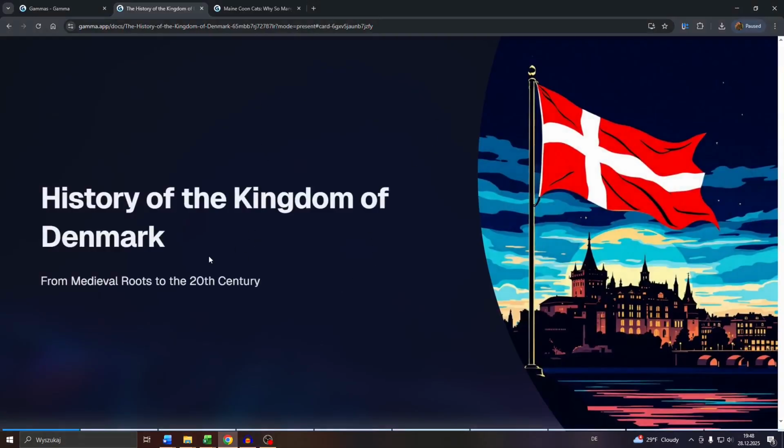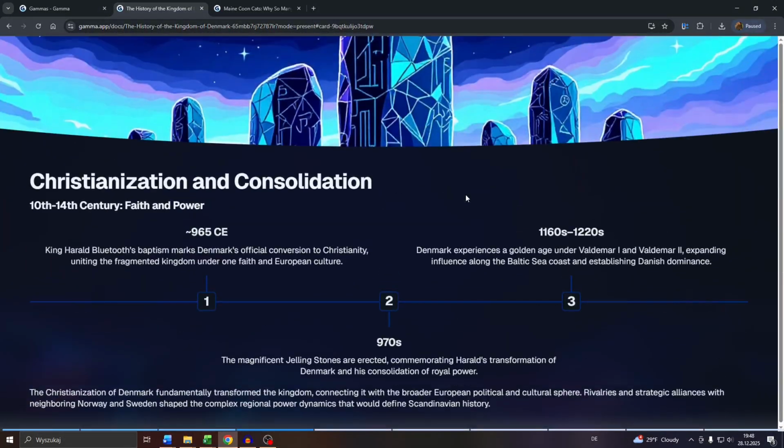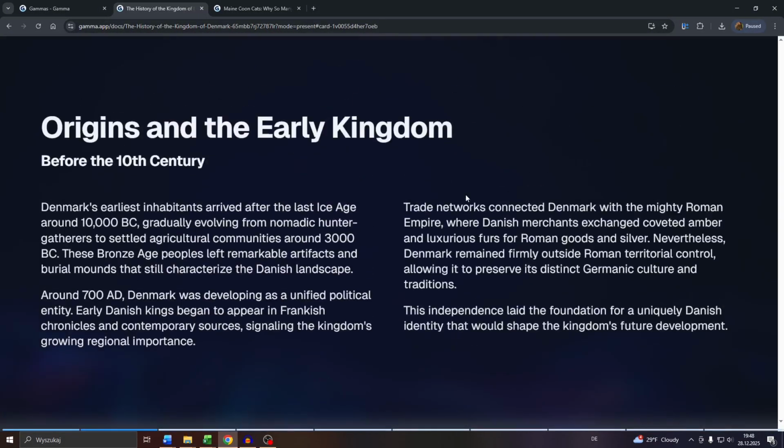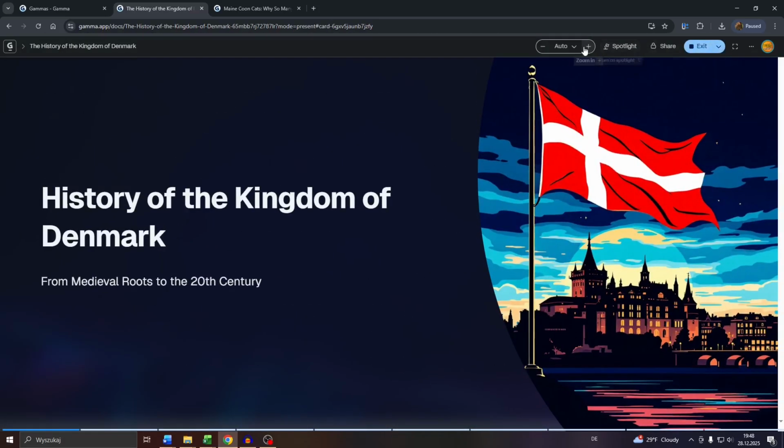And that's your presentation. And you can use, for example, your arrow keys on your keyboard to navigate through your presentation, and that's basically it. You may also enable auto